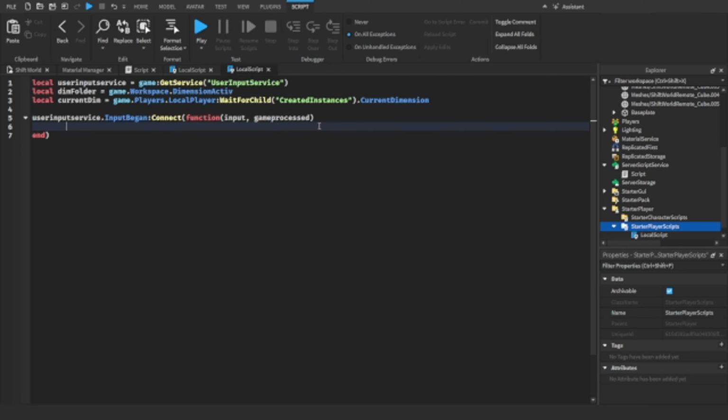And now, if input.keyCode equals Enum.KeyCode, let's do E. Then for i, v in pairs dim folder get children,